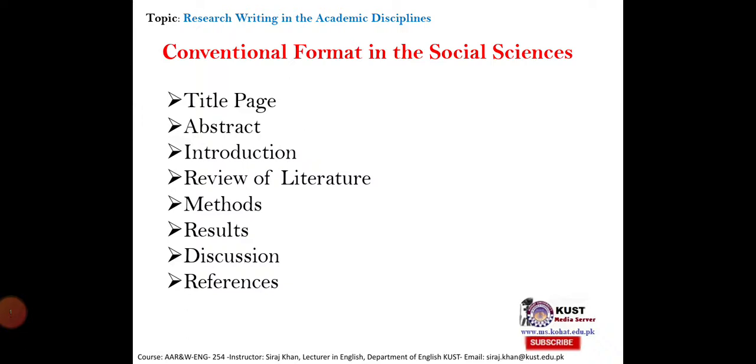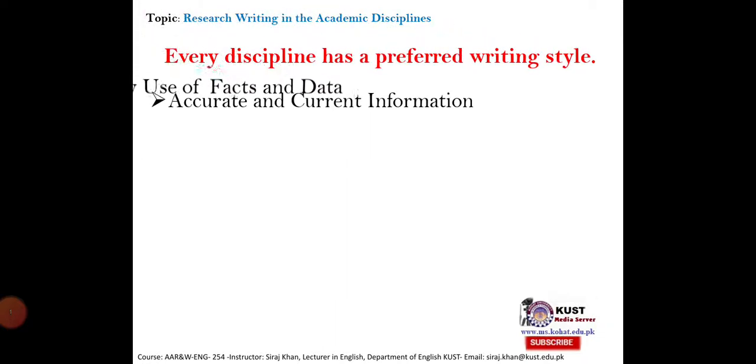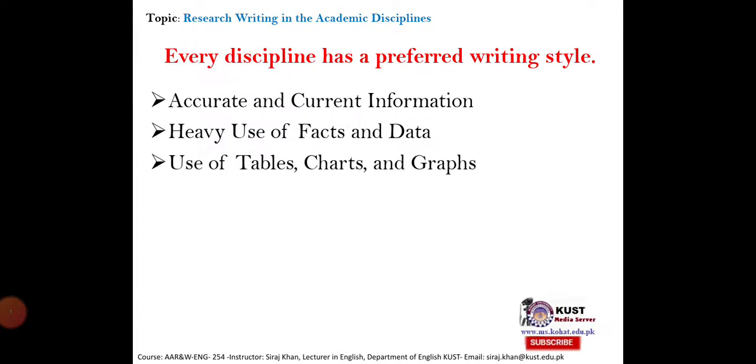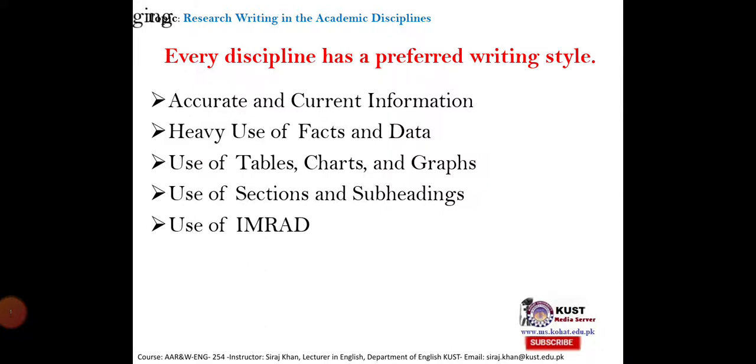And references. In most cases, this issue concerns using the APA style for citing references. APA is the American Psychological Association, a scientific and professional organization that represents psychologists in the United States. Every discipline has a preferred writing style: accurate, current information, heavy use of facts and data. We are using table of contents, charts, and graphs. In social sciences research, use of sections and subsections,